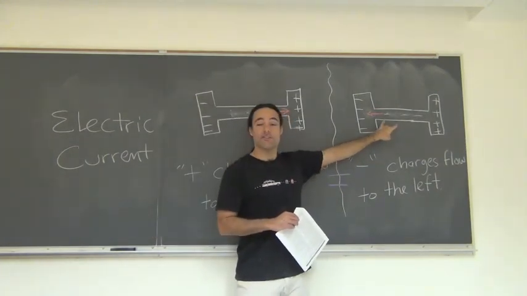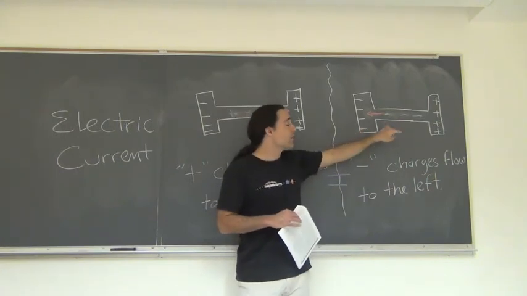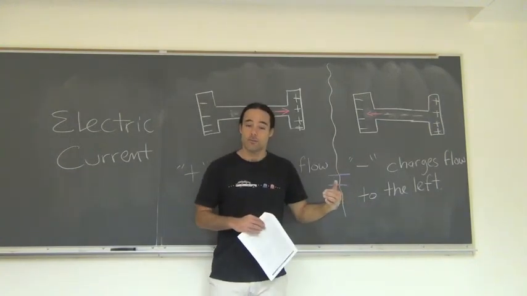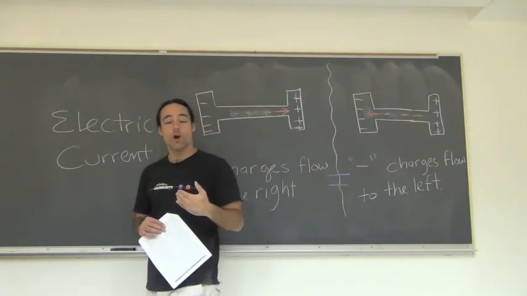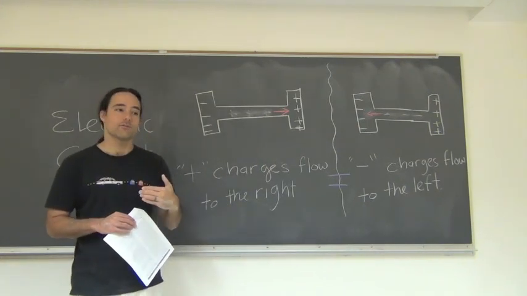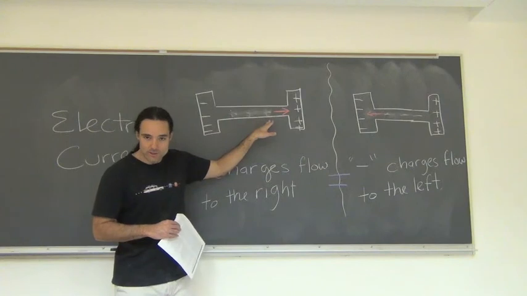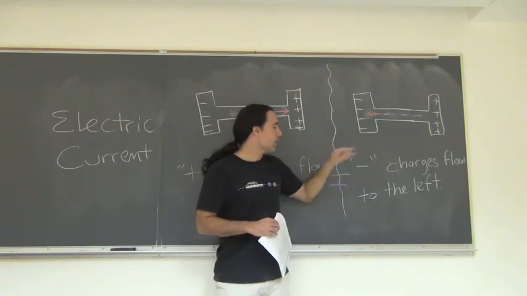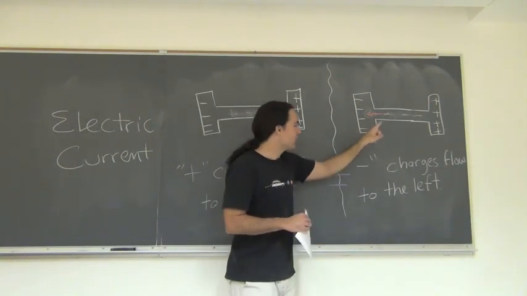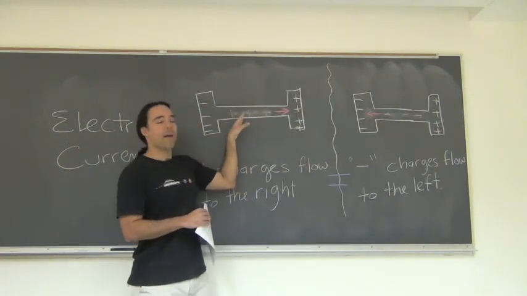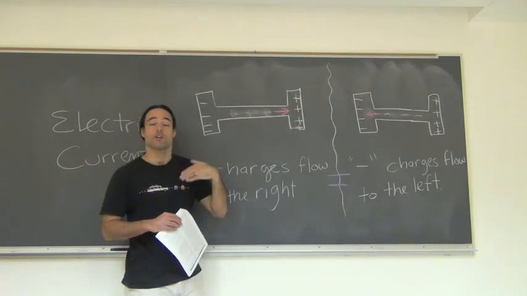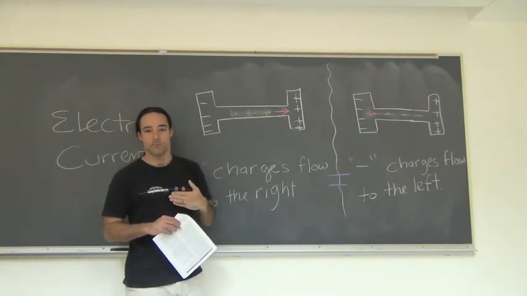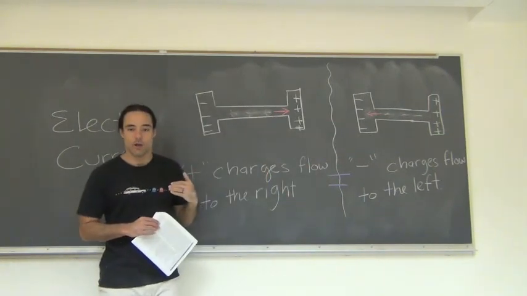So we can imagine that the flow of charges in a metal is really the electrons that are flowing. Practically, it doesn't make a difference, and since we started calling current the flow of positive charges, we imagine it as positive charges that are moving, rather than negative charges moving in the opposite direction. We just define it as the flow of positive charge. So it's really this picture, but we're going to imagine it being like this picture when we're dealing with circuits. We're just going to pretend that it's really the positive charges flowing, just because that conceptually makes it easier to think about. But know that it's really this going on. The electrons, which are much tinier, are the